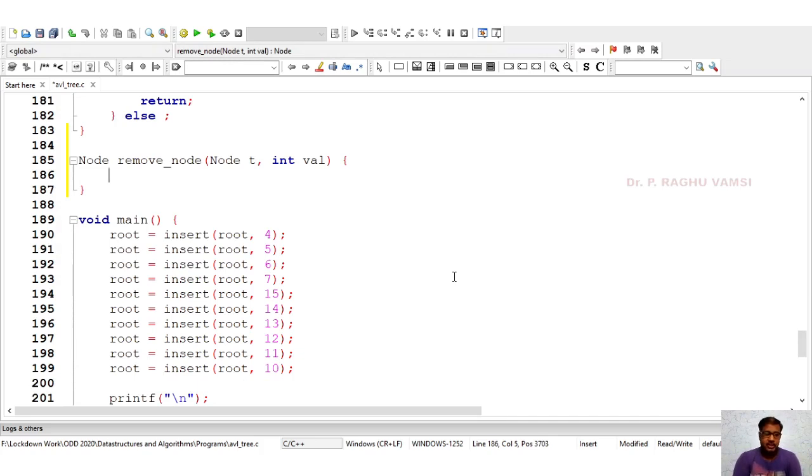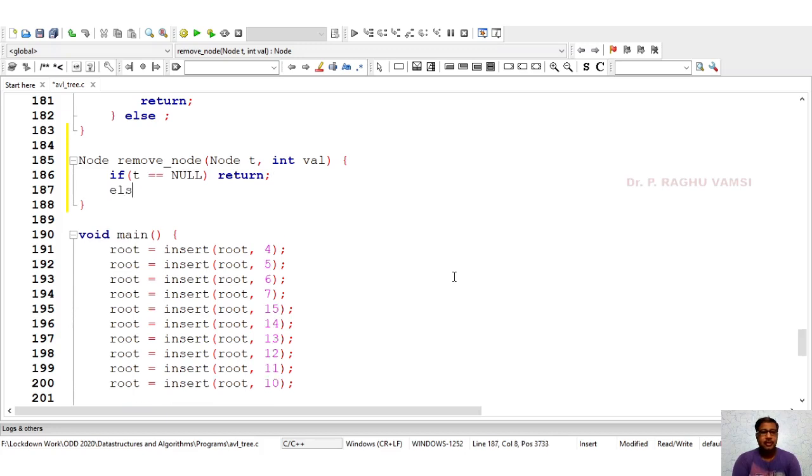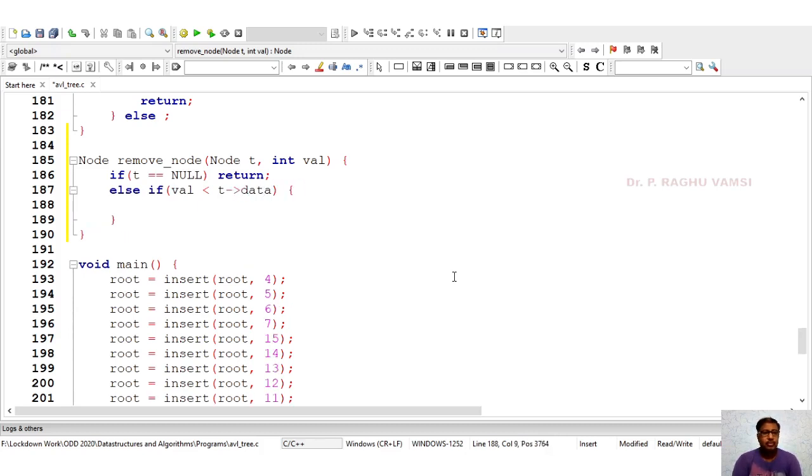So the first thing we are supposed to do is, if t is equal to null, then simply return. Else if value is less than t data, then we need to go through the left side. Else if value is greater than t data, then we need to go through the right side and delete the data.